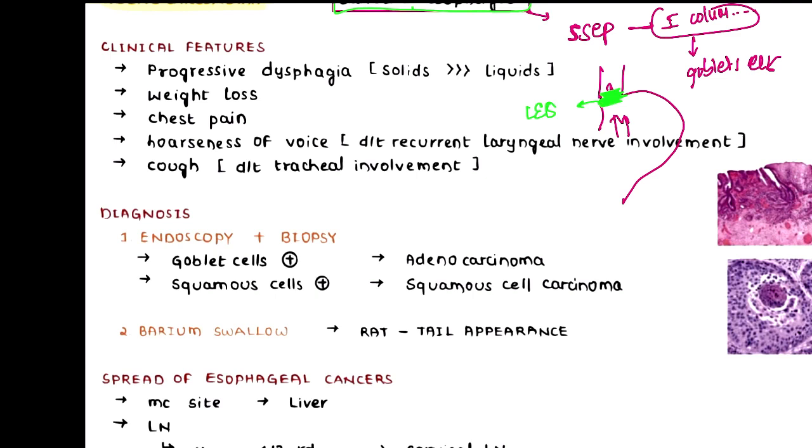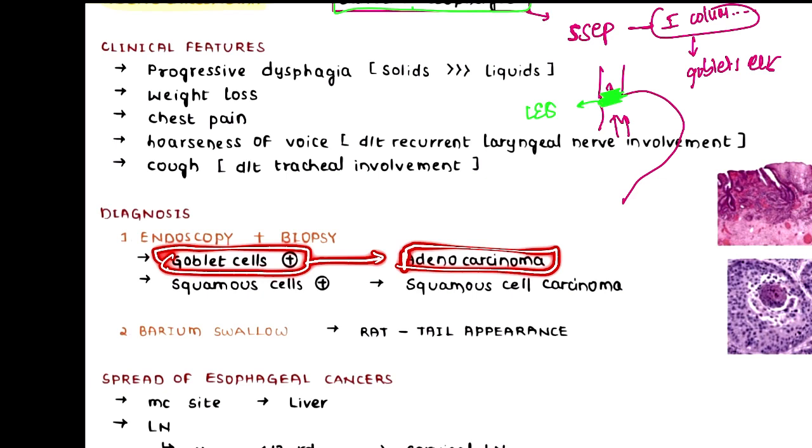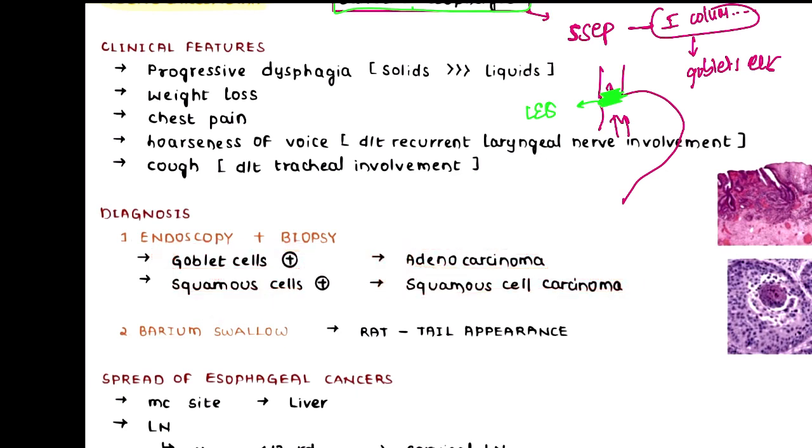After finding more constriction or narrowing, we'll do biopsy. On doing biopsy, if we find goblet cells, then this will be the case of adenocarcinoma. But if we don't see goblet cells and see keratin, if we see keratin-filled squamous cells, then we'll say that condition is squamous cell carcinoma. That's all. Now while doing radiological examination,